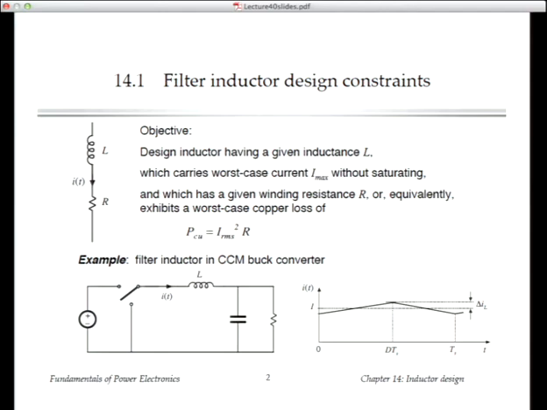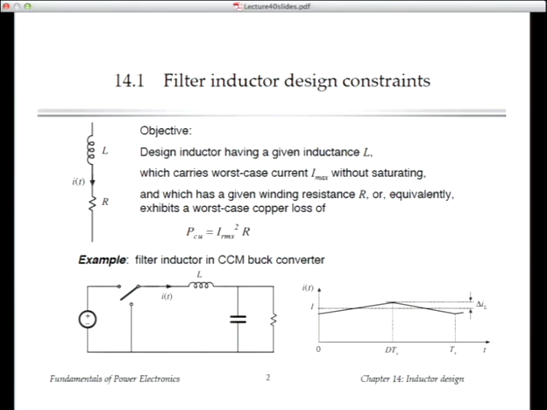And you will go into the lab then, if you take the lab next semester, and you'll have some different size ferrite cores in your kit, and you'll have to decide which core to use, how big a core you need, and you have to decide things like what size wire, how many turns, how big an air gap to put on it. And so where do you start? And what we're going to do here is I'm going to talk about what are the constraints, and I'm actually going to derive a step-by-step procedure for calculating those things so that you can actually work out the numbers and